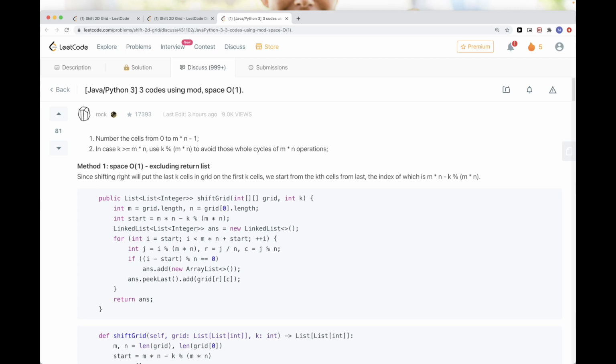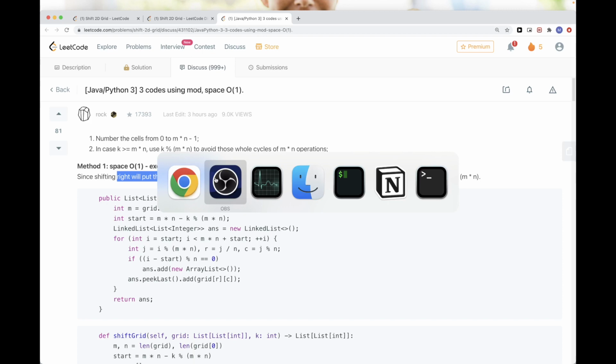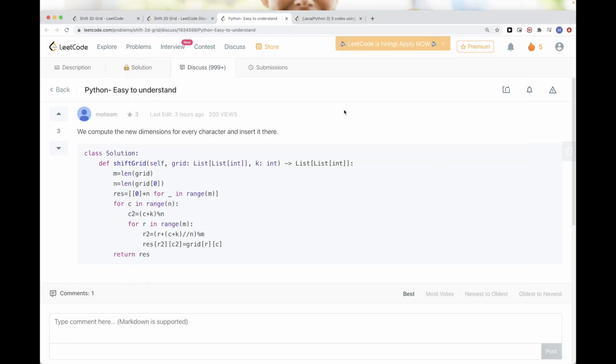since shifting right will put the last k cells in the grid on the first k cells, we start from the kth. Okay, so let's check, for example, this solution. I think it's clever. So instead of doing the shifts by simulation, like transforming the grid for each shift, we just calculate the final position of each cell and go